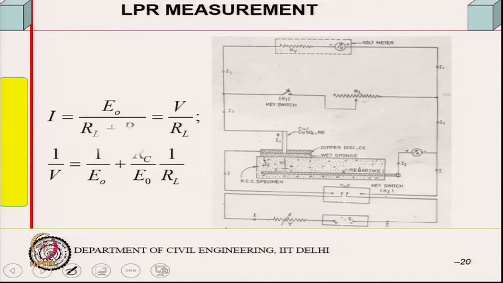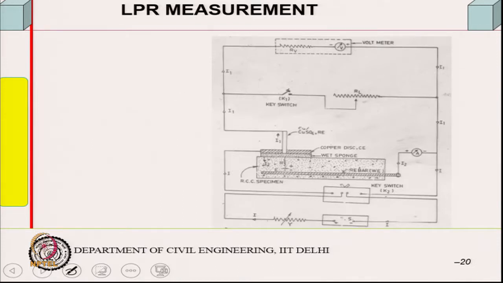This is how the setup would be for a concrete beam, for example. This is your reference electrode, this is called the auxiliary electrode, to which you are passing the current from a source. Then there is a switch here. So, there are constant current sources. Through the resistor you can control the current, and this is the circuit. There is a voltmeter here which measures the reference potential changes.